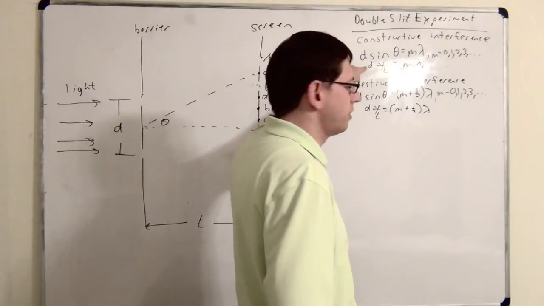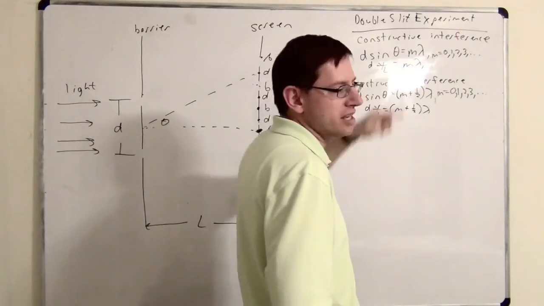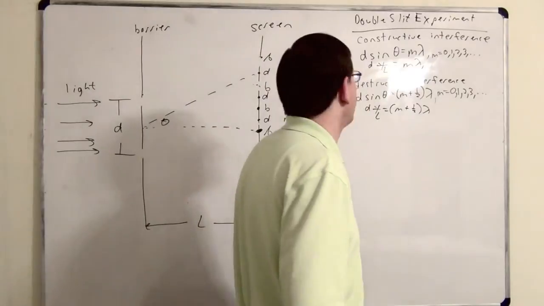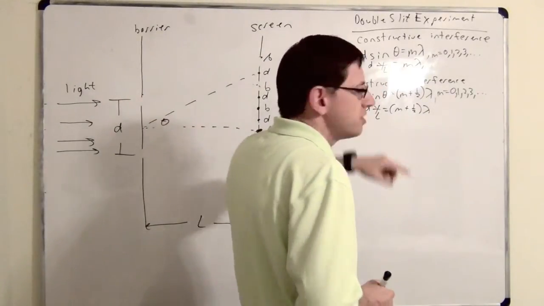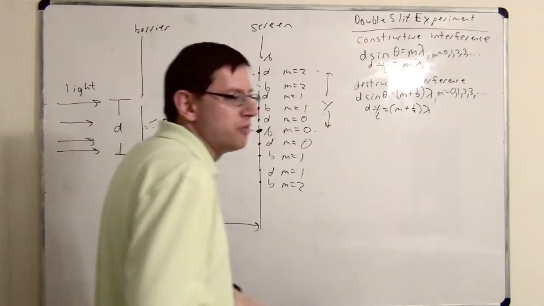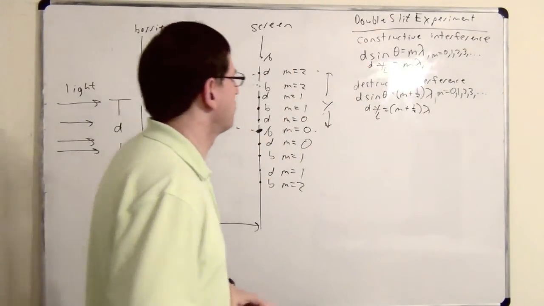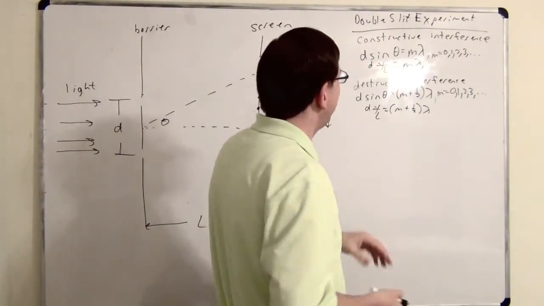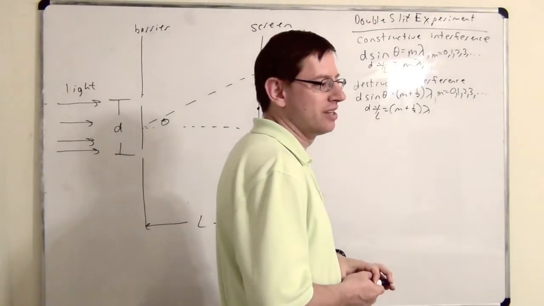Technically, this is only an approximation that works when theta is small. But you're not really expected in this class to judge whether the angle is small or not. So in this class, how do you know which of these two equations to use? Let's say you're doing a problem that mentions theta. Which equation should you probably use? The one with theta in it? Yes. And let's say you're doing a problem that mentions y. Which equation should you probably use? The one with y in it.